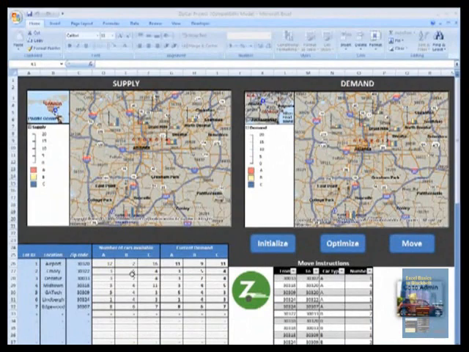For example, at the Emery location, you can see now that the supply and demand are exactly the same. Some of the other locations may not be exactly the same because, in this case, total demand or total supply might be more than the other. So you might have some unsatisfied customers or some idle cars, but this is the best optimization that can be done at this point. So that completes one cycle of the use of this tool for the manager.